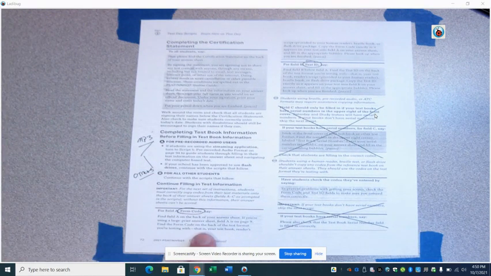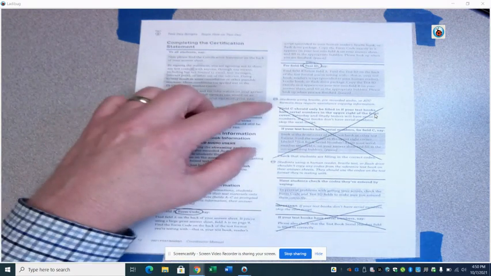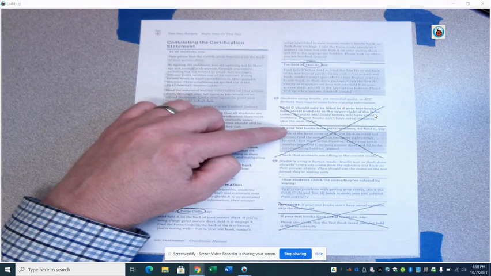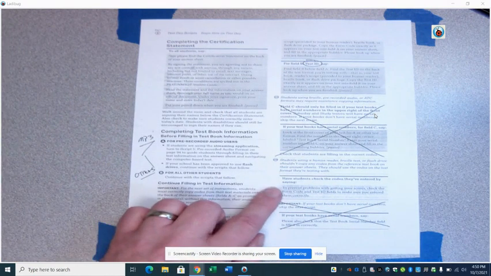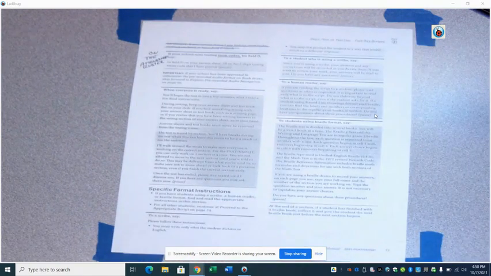Those students are going to fill out the form code. They're going to fill out the test ID. It's very important that they get this correct. They don't need to worry about field C with the serial numbers. We don't have those. But again, like I said, form code and test ID, make sure they've put those on and they've got that correct.